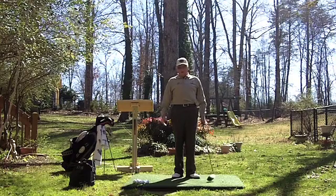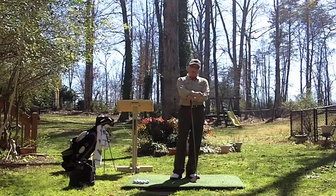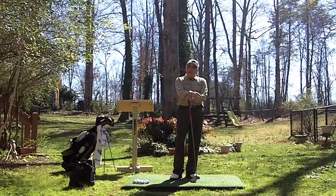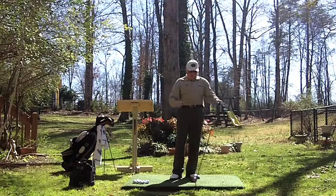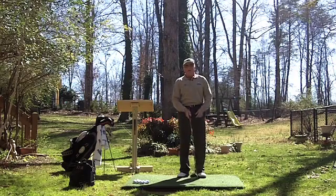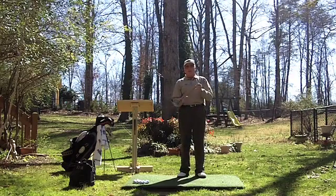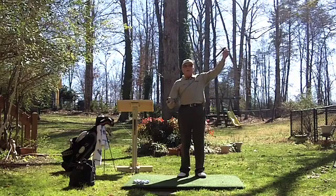Because of my long arms. Now, years and years ago, back when woods were the woods we played, the standard was 43 degrees, length of the shaft, and the lie angle was 53 degrees. According to club fitting, every half inch that you make a club longer, you're supposed to go a degree flatter,